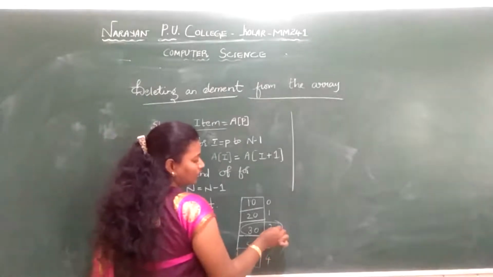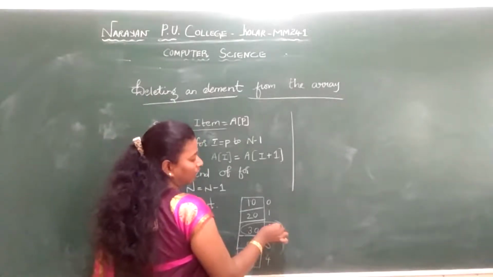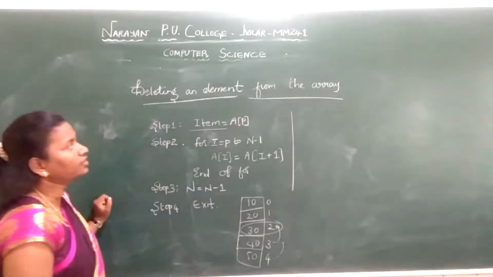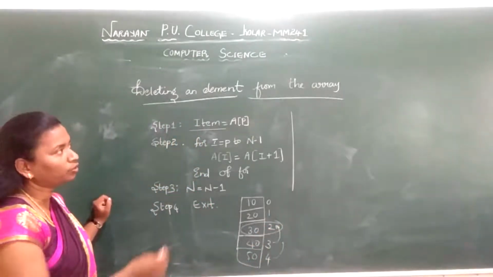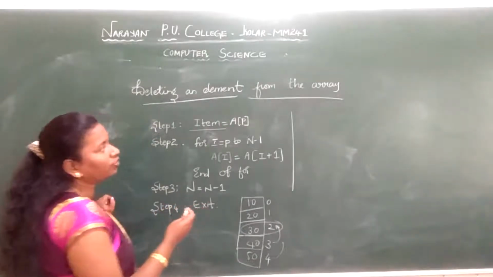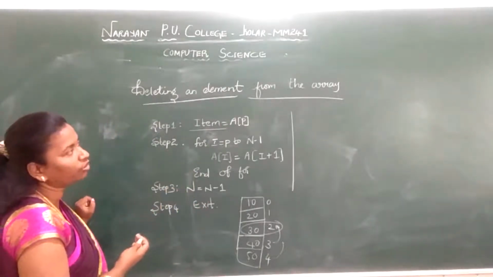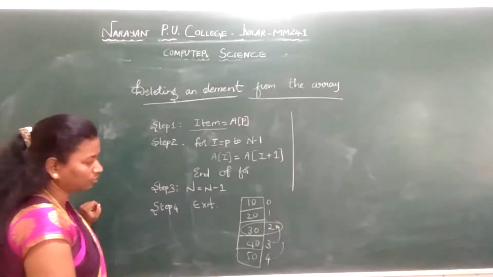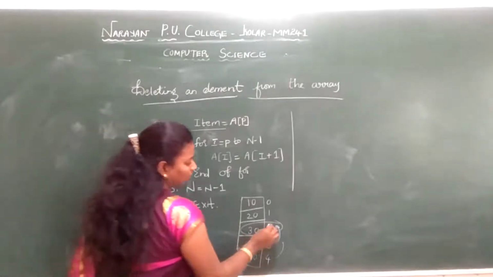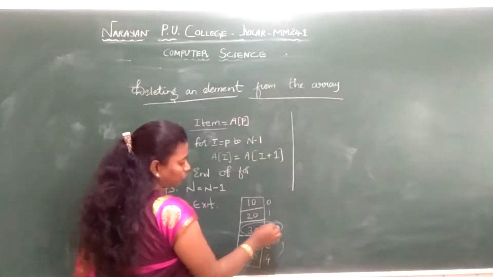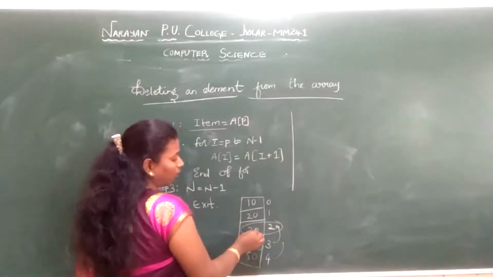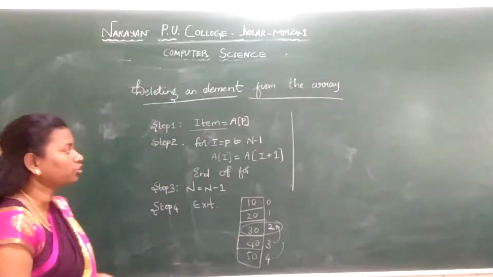Here, instead of decrementing, the index gets incremented. In insertion, when inserting an element into an array, we used to decrement in the for loop, that is I minus minus. Here it will be I plus plus. Once I mention the position, what is the element present at that position? We have item 30, so item 30 has to be deleted.